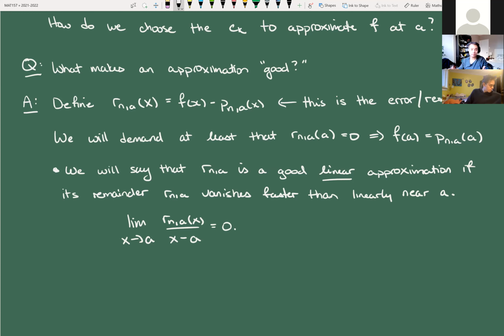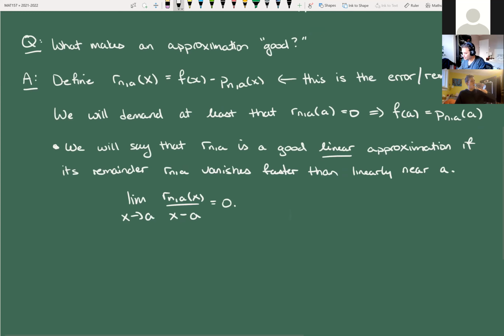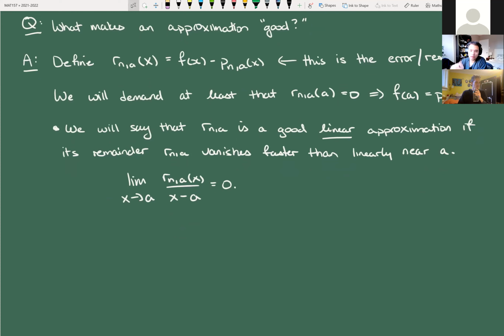Okay. And so same sort of thing, like higher order, what we're going to say is that it's a good quadratic. And then I'm going to write out quadratic. And then we're going to talk about being a good kth order approximation. Right. So R_{n,a} is, I'm going to write this one a little bit shorter. I don't want to write out this whole sentence. Is a good quadratic approximation near a